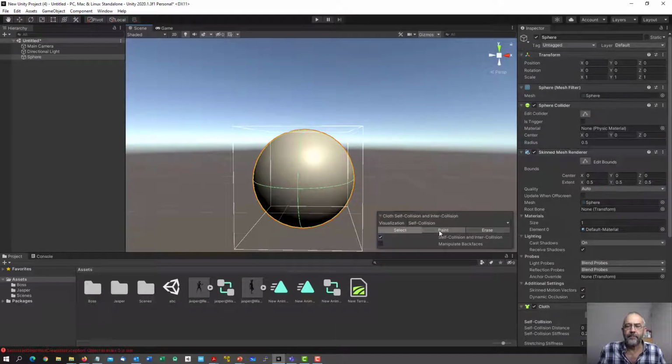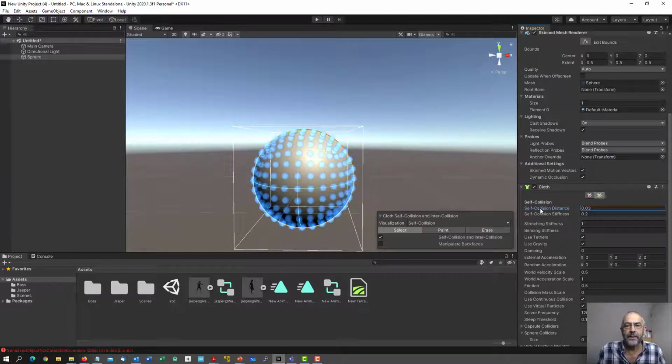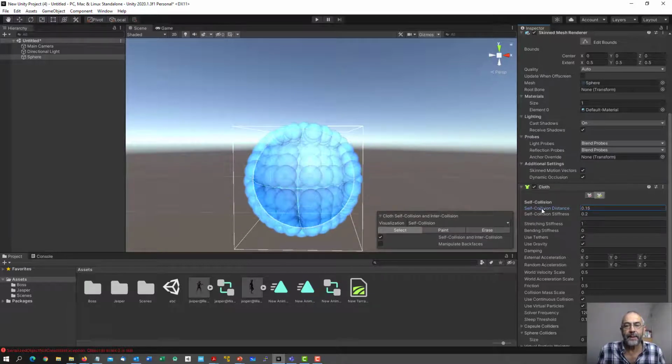And then not allow a self collision. While I did that here, the self collision distance appeared. That was not there in the inspector before, but now we have self collision distance, which is currently set to 0. If I increase that, you can see that in each vertex that I selected,